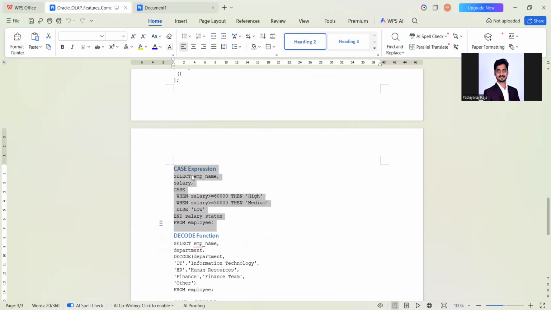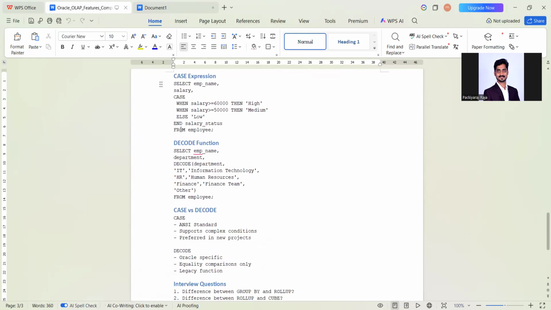So whenever you come to a scenario where you want if else in SQL, case is the only way. Okay, case is ANSI standard. Decode is Oracle. So if your database is Oracle, then you can use the decode function. In a similar way, it checks this column, if this value, it will give the information technology, HR, then human resource. That's the way, and then there is a default value for the others. Okay, it's a default value. So